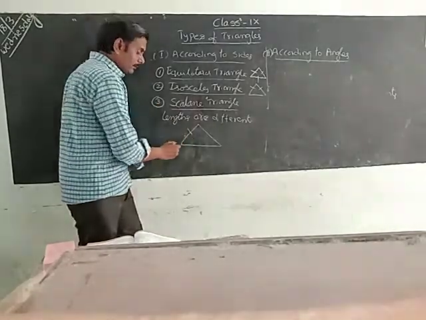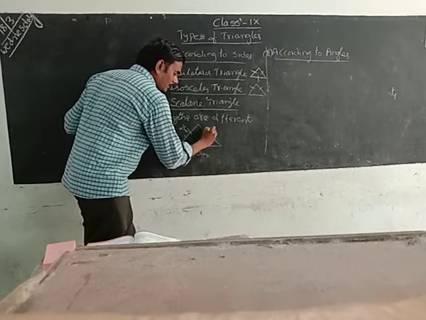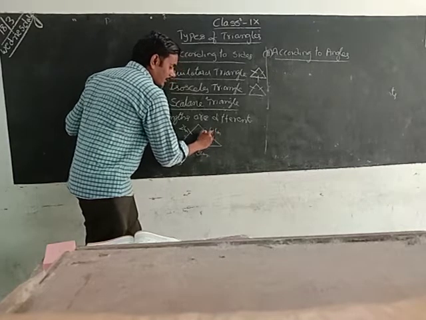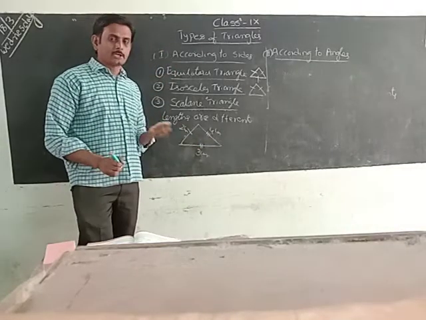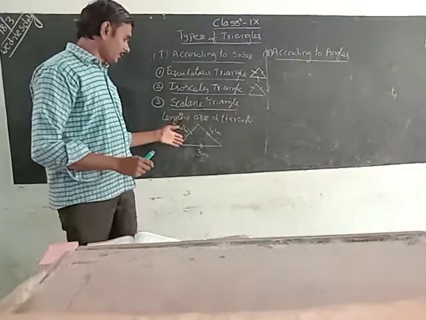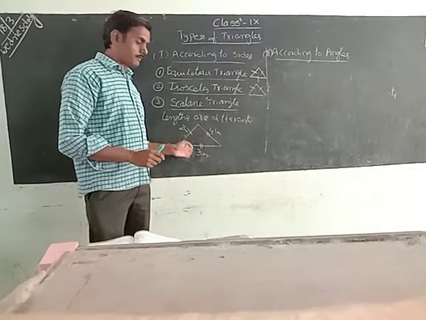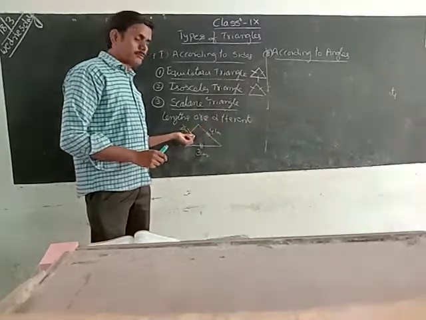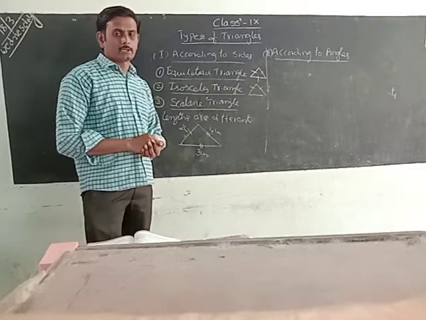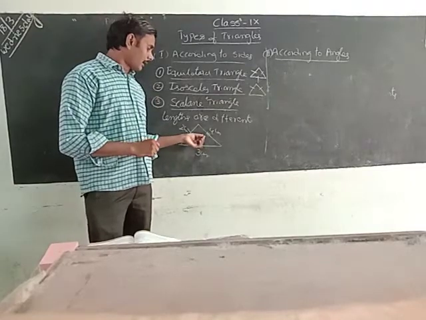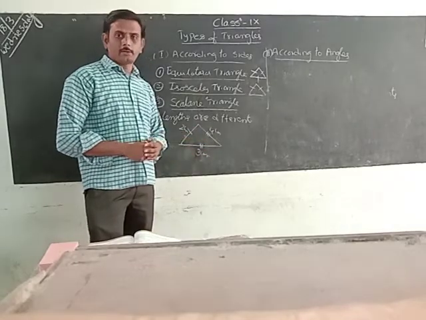That means if this is 2 centimeters, this has 3 centimeters, and this has 4 centimeters. Roughly I am giving the values; those are not exact values. For understanding purposes I want to show you these different measures. Always don't take these values. Our assumption is that the three sides should be different, then only we can call it a scalene triangle. In a scalene triangle, all sides are different and all angles are also different.